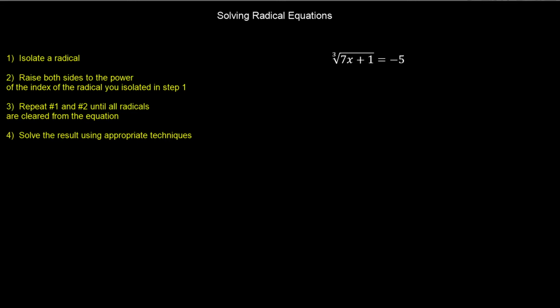I'm going to do some really quick testing here just to see if I even have to continue. And so I have a cube root, and if I take a look at types of numbers, typically the types of numbers that we're concerned about are positive or negative or 0. So I'm going to check the numbers really quick and say, okay, well, if I take the cube root of a positive, I get a positive. All right, well, I have a negative over there. Well, if I take the cube root of 0, I get 0. If I take the cube root of a negative, I still actually get a negative, because a negative cubed is